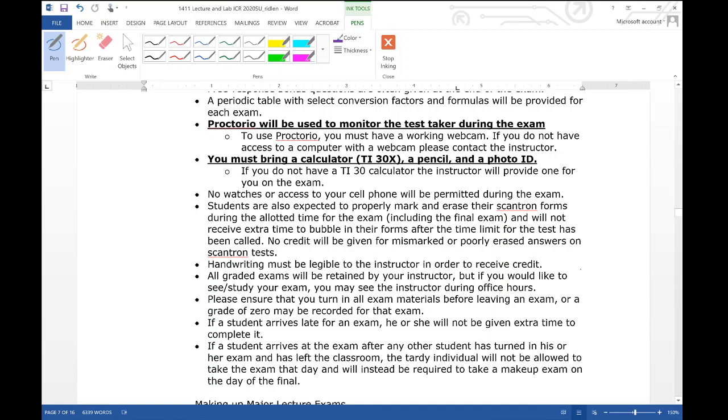Okay, so if you don't have a school ID, if you could please hold up your driver's license or your high school ID, anything that you have that will show me that you're really you. Because there's no way for me to really know otherwise. So please just hold up an ID so I can see you. Make sure it's you.